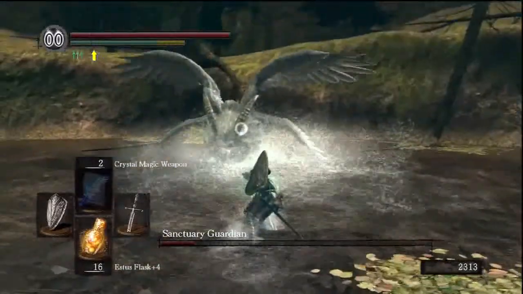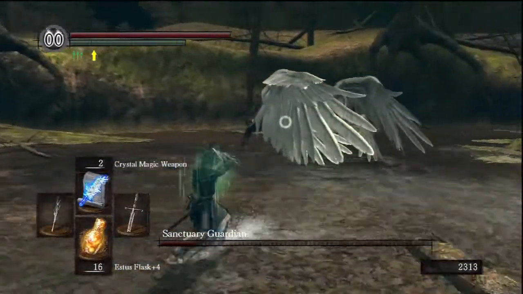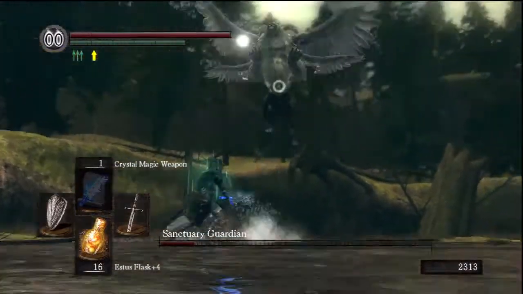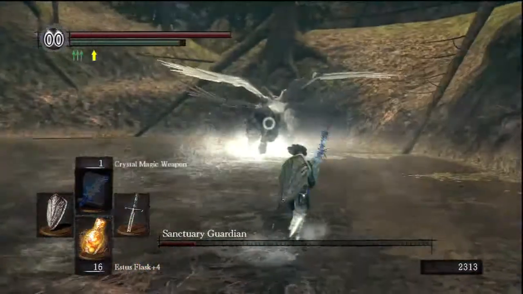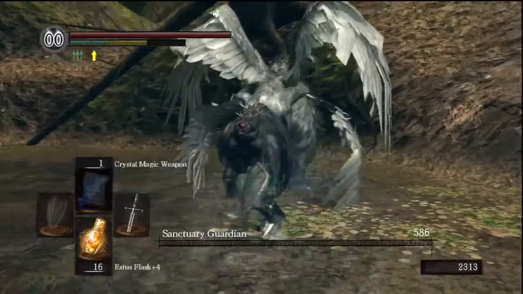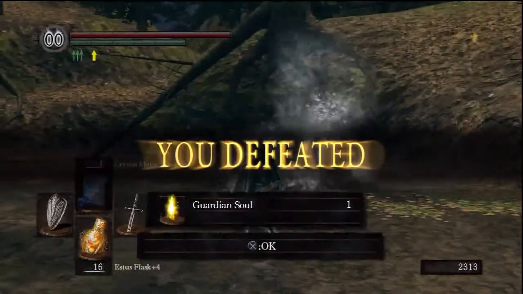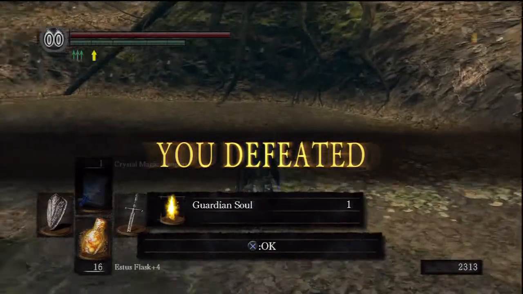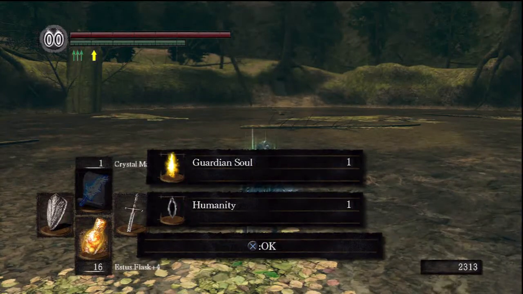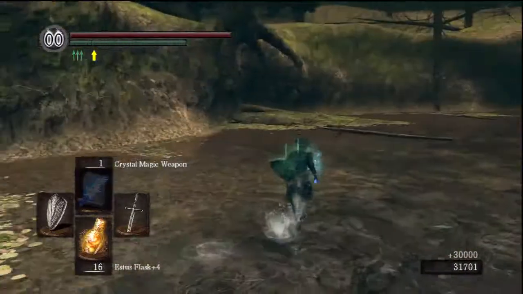Alright. Come on. Let's end this. Bam. Alright, we got him. So that was the Sanctuary Guardian. You get the Guardian Soul and 1 humanity. Now the interesting thing...